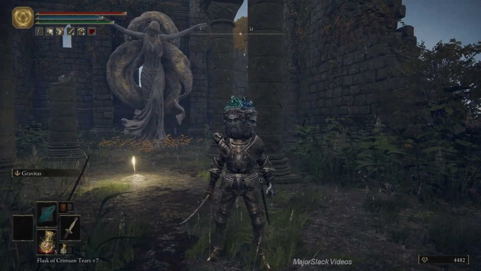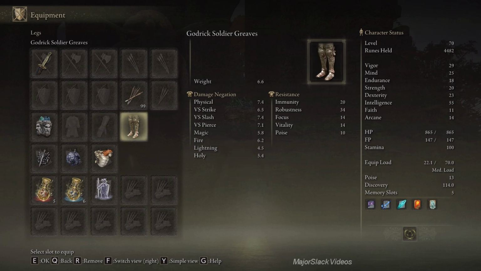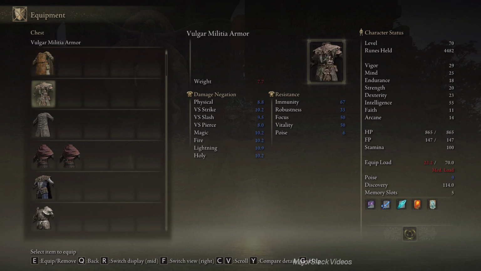For this, we're going to start off with our best robustness gear. So everybody take off everything except your headgear, and your best robustness gear may vary. Strike that. Your best immunity gear. Best immunity. We need to guard against scarlet rot. And it may vary. But for me, it's either...